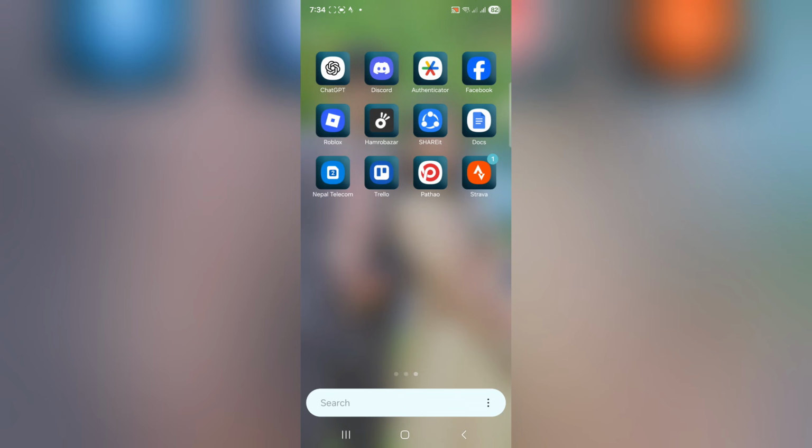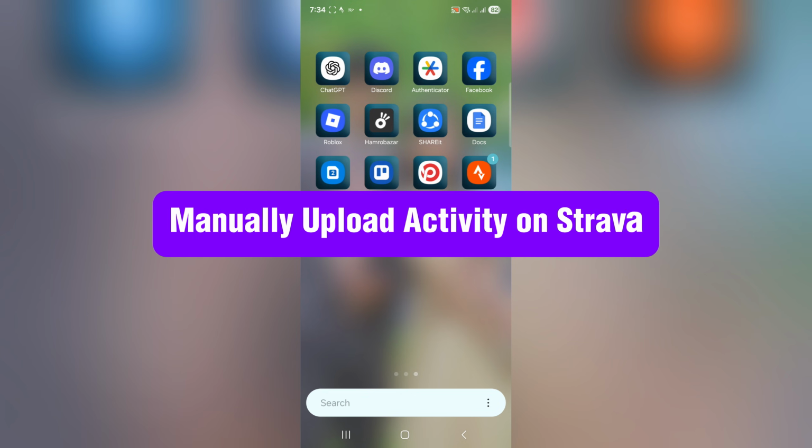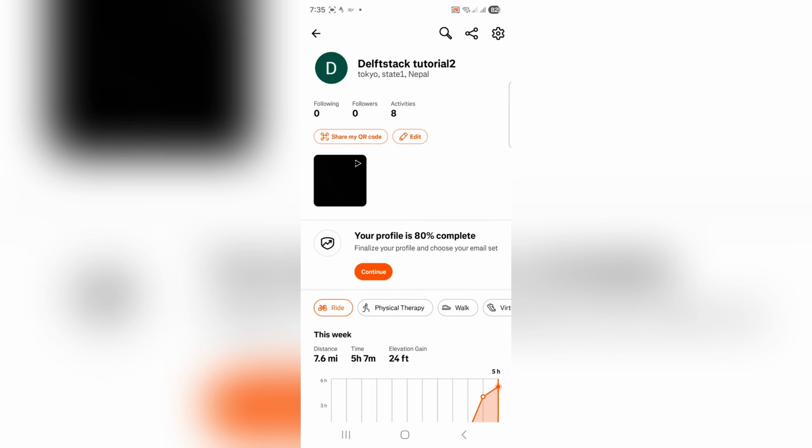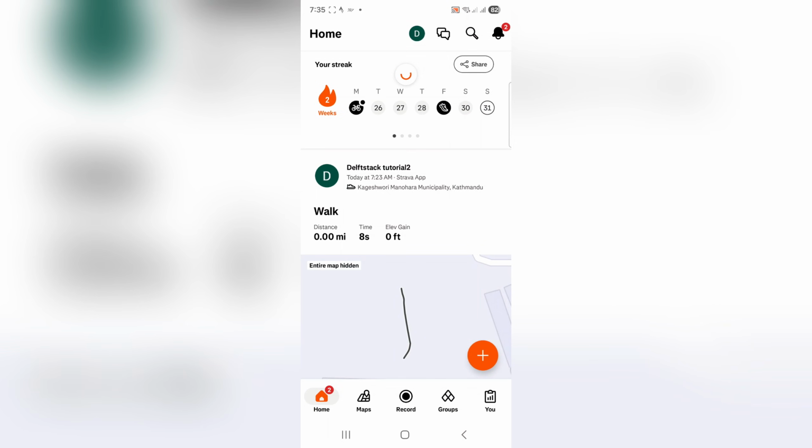In today's tutorial, we will learn how to manually upload an activity to Strava. Now, the first thing that you need to do is open the Strava app. On your phone, just click on the Strava app, and your app will be successfully opened, and you will land